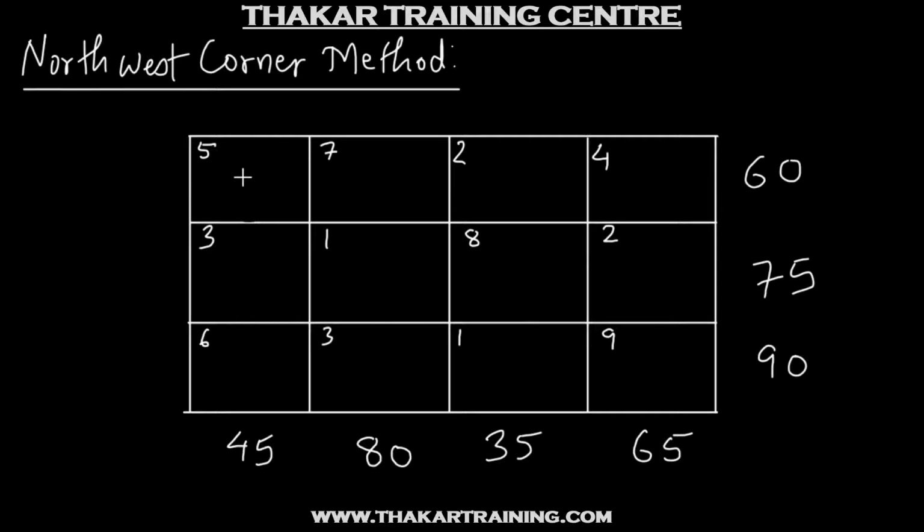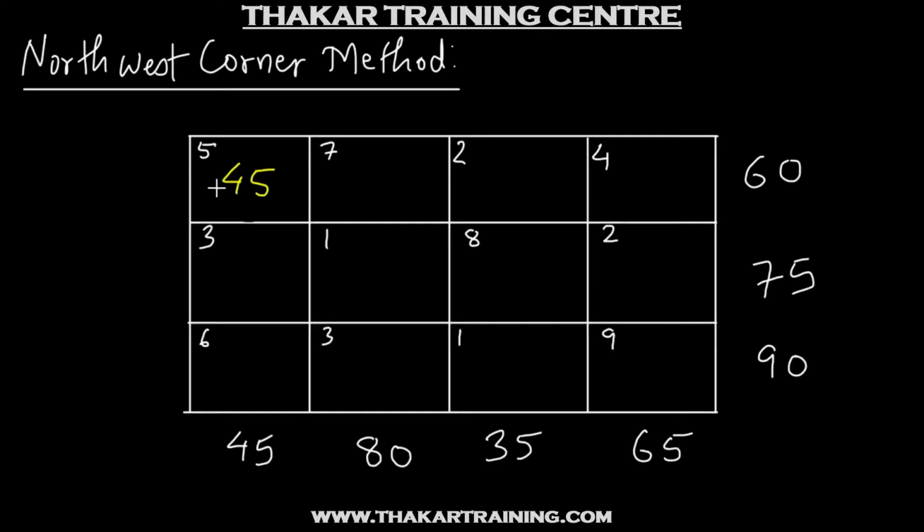Now in the northwest corner method, we look at the cell which is at the topmost left hand side corner of all the cells that are available for an allocation to be made. So here we'll be looking at this cell first. Now what is the maximum possible allocation that can be made to this cell? The source capacity is 60 and the destination requirement is 45. So the maximum that can be allocated is going to be the minimum of the two, that is 45. So we allocate 45 units to this cell.